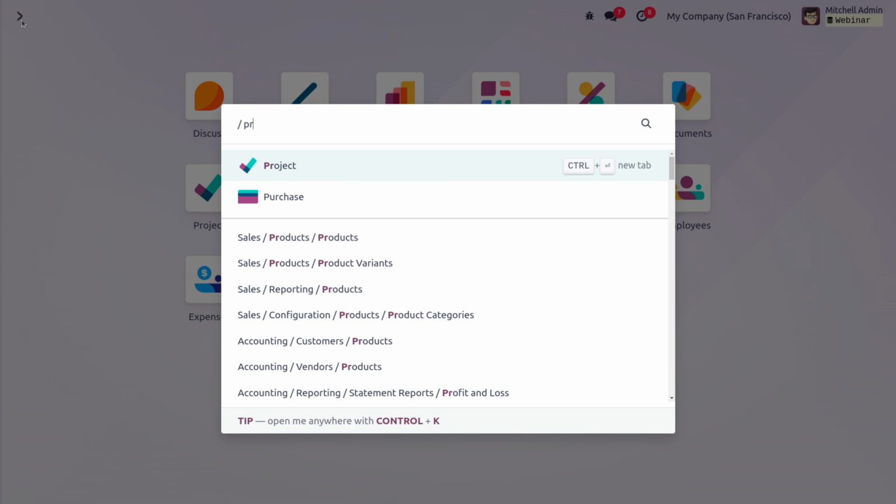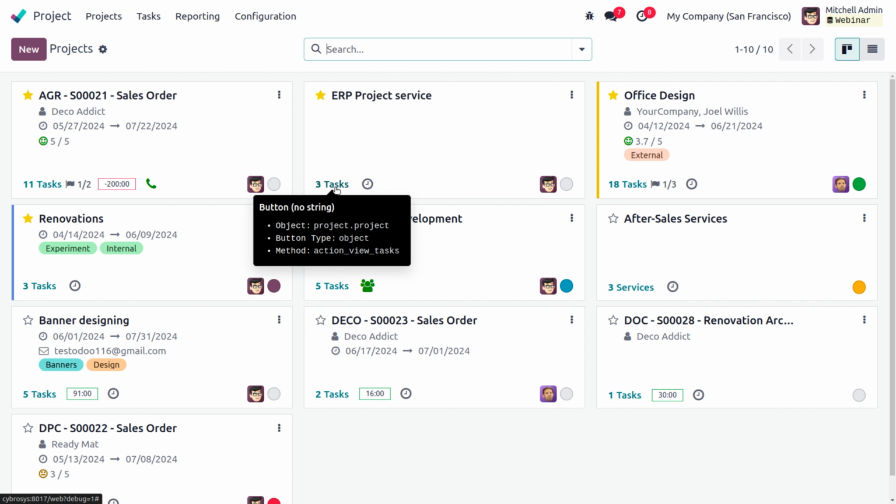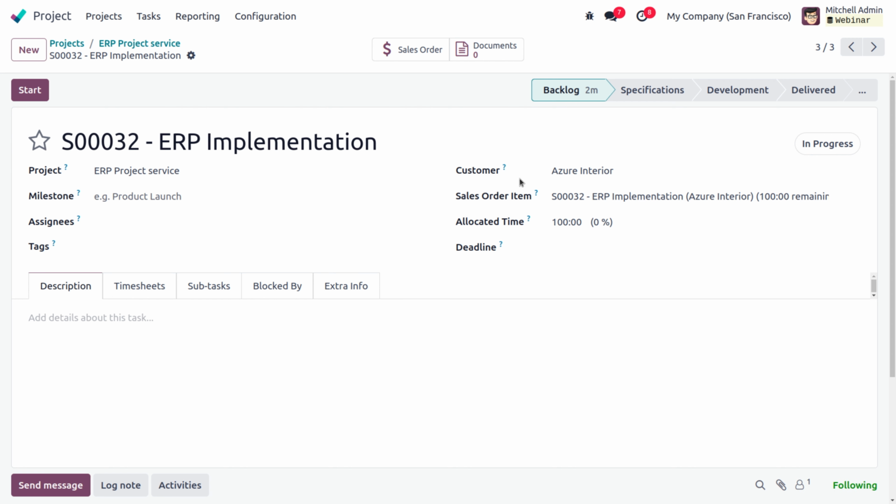Moving back to project. Inside the project, the ERP project service consists of 3 tasks. So opening this, we can find 3 tasks and each of them are for different partners. So let's see based on this invoicing policy, how tasks are invoiced. So here, for ERP implementation, we can find the customer details over here, and also the ERP implementation service,